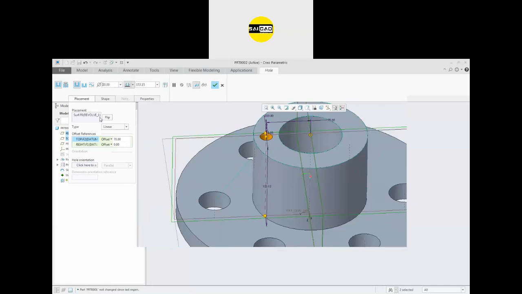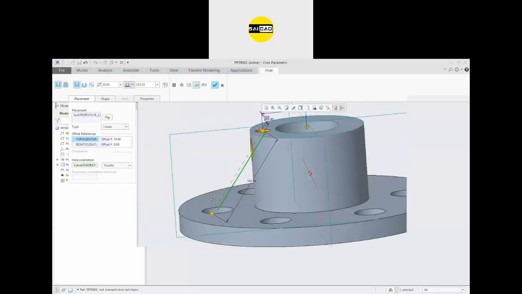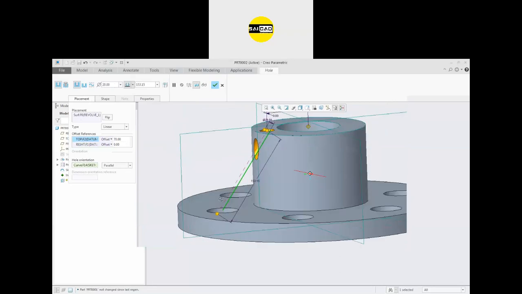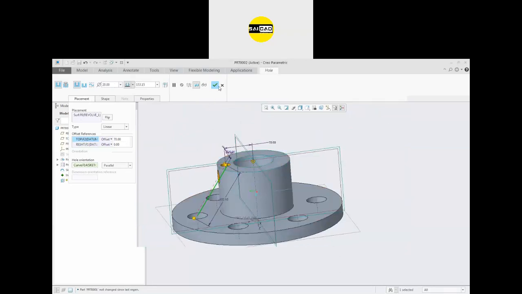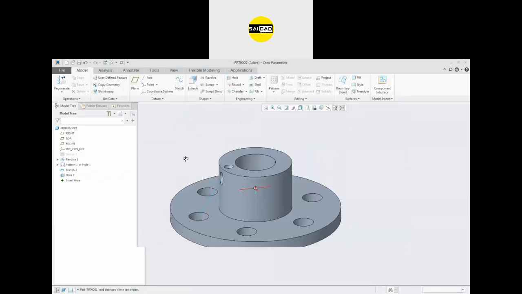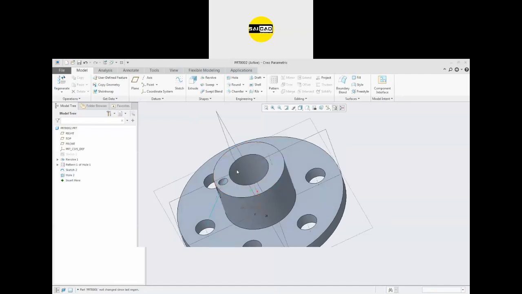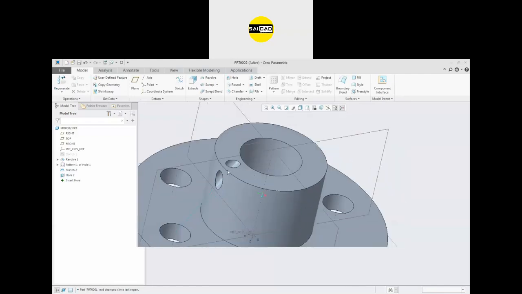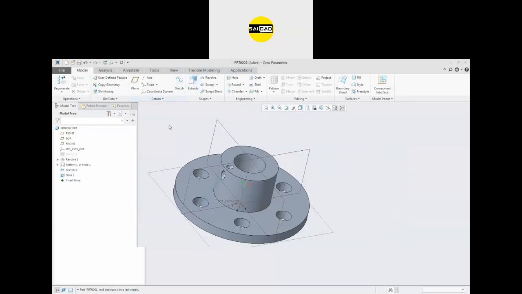I want it to be at an angle. So there is the option in the hole orientation, and select the axis or the edge or the line, and the hole will be aligned to that reference. So this is the inclined side. You can select an axis also. In hole we have the command, but in the extrude we don't have that command.